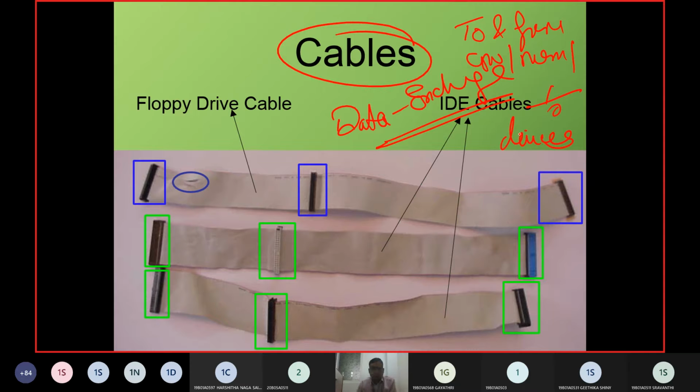So why are we going to use cables inside a computer? Because we want to exchange data, which can be addresses, control instructions, or memory instructions. All that has to be communicated from one location to another. That is the reason why we use cables.